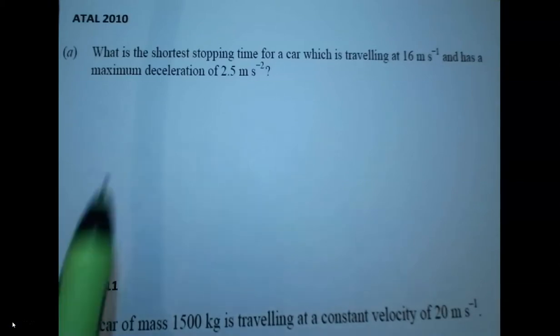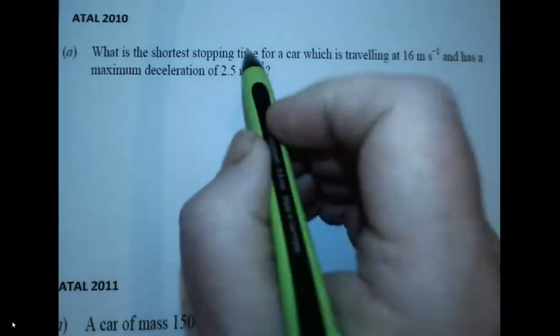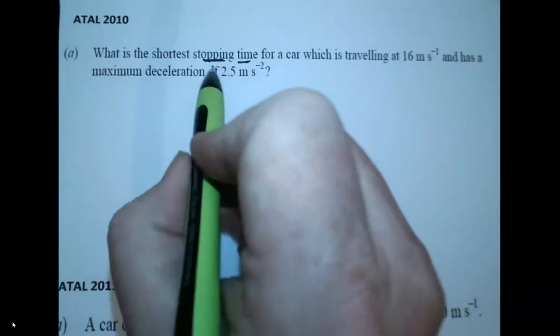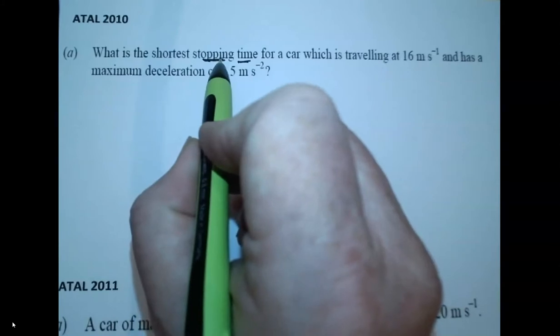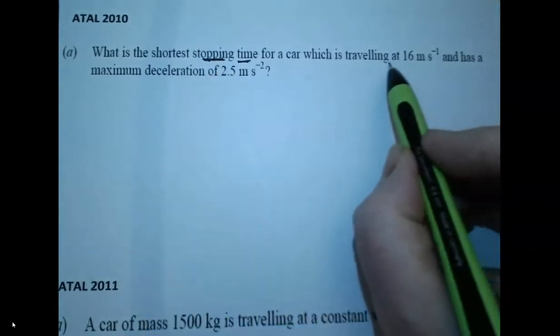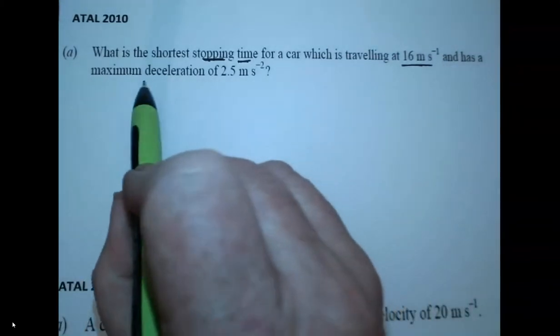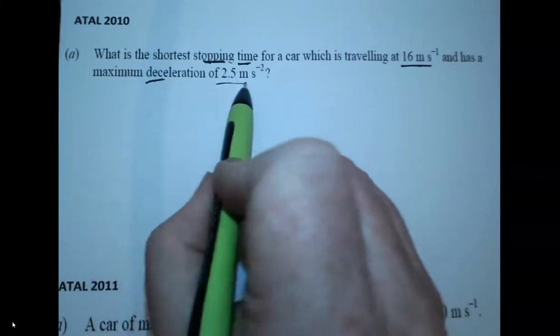Okay, we'll look at the first one. What is the shortest stopping time? So we're looking for the time for a car, and of course it's stopping, that means it comes to rest, so its final velocity will be 0. The initial velocity of the car is 16 meters per second, and it has a deceleration, a negative acceleration, of 2.5